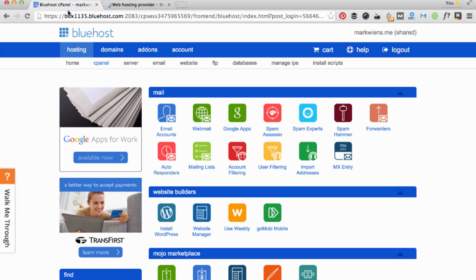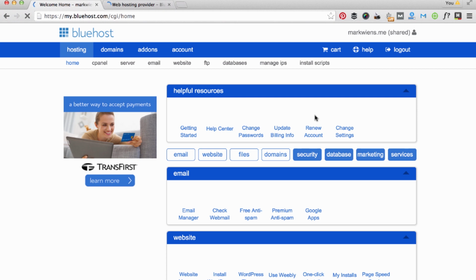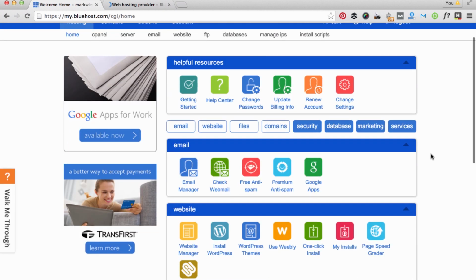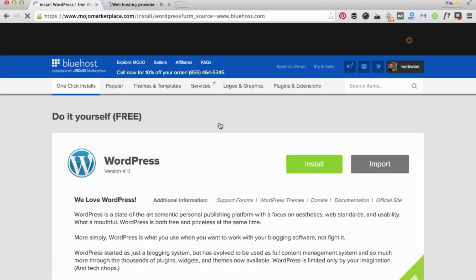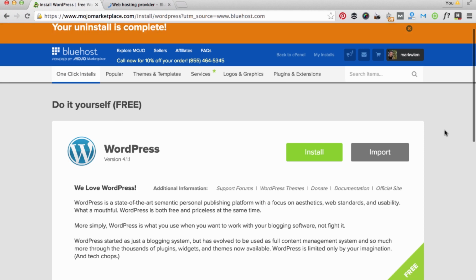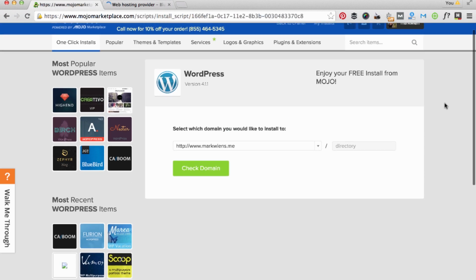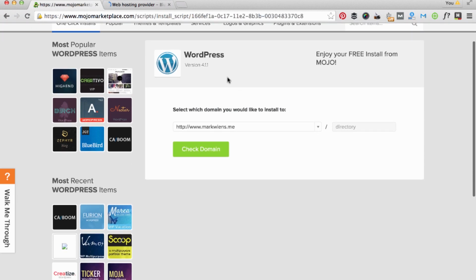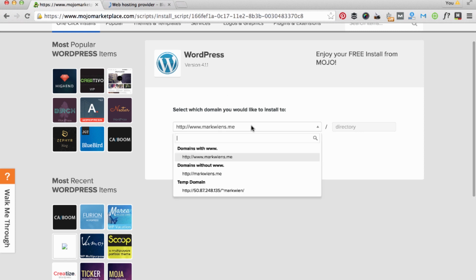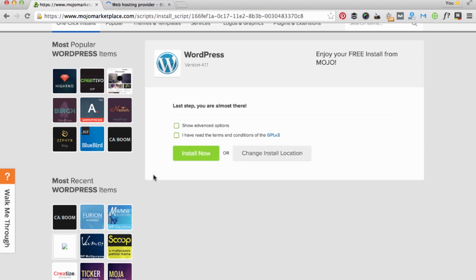So I will go back over to my Bluehost, the hosting main panel, cPanel, and install WordPress. And this is really easy to do. Here we go. This is the latest version of WordPress, and it actually takes you over to Mojo Marketplace, which is in association with Bluehost. Then click on Install, and you come down to this page, and WordPress. You click on the domain that you want to install WordPress on, check domain,